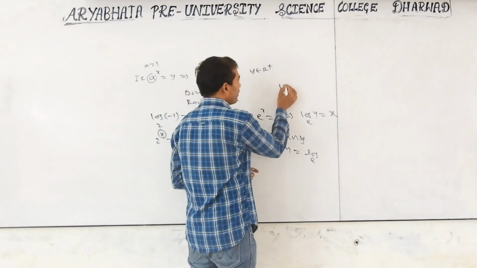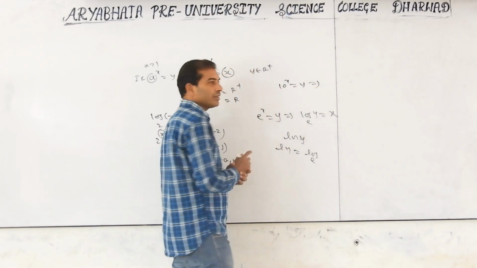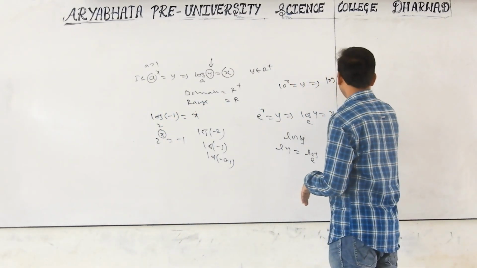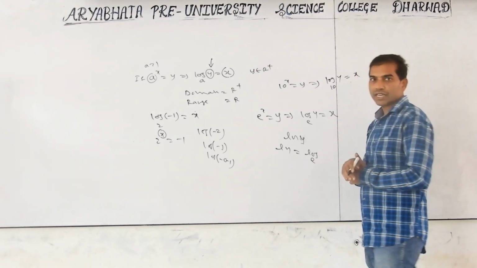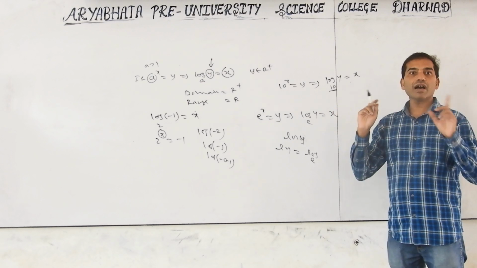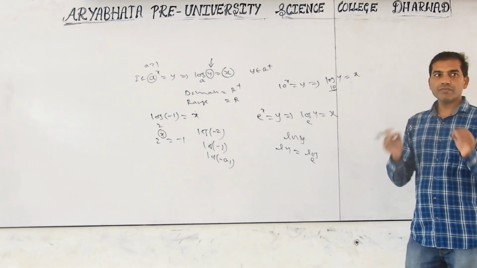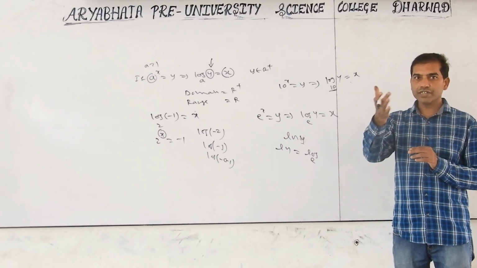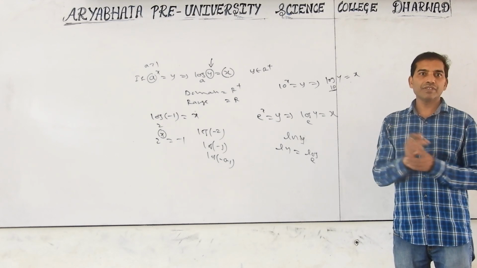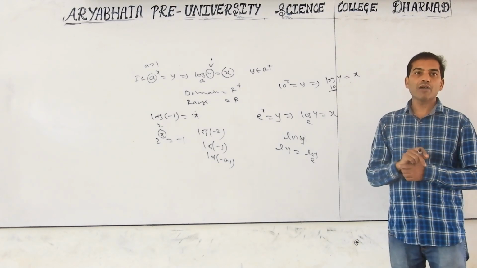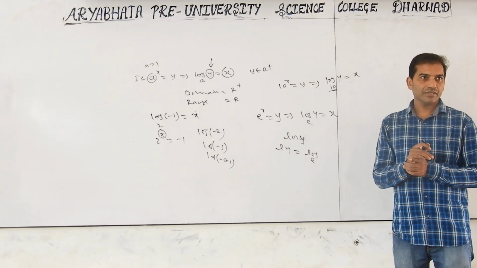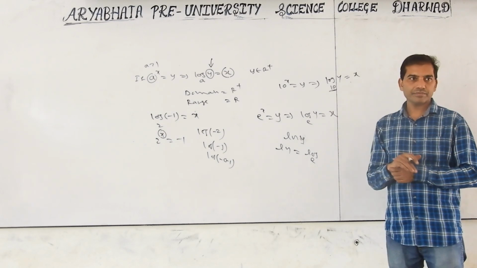If it is 10 power x equal to y, this is called the common exponential function. It can be written like this: log of y base 10 equal to x. Tell me the base, it is 10. So this is called the common logarithm. The common logarithm is used in physics and chemistry for calculations with many numbers, like subtraction, multiplication, addition. In such cases, we use the common logarithm. You have tables, that is, common logarithm tables. Base 10. For calculation purposes, we use base 10.